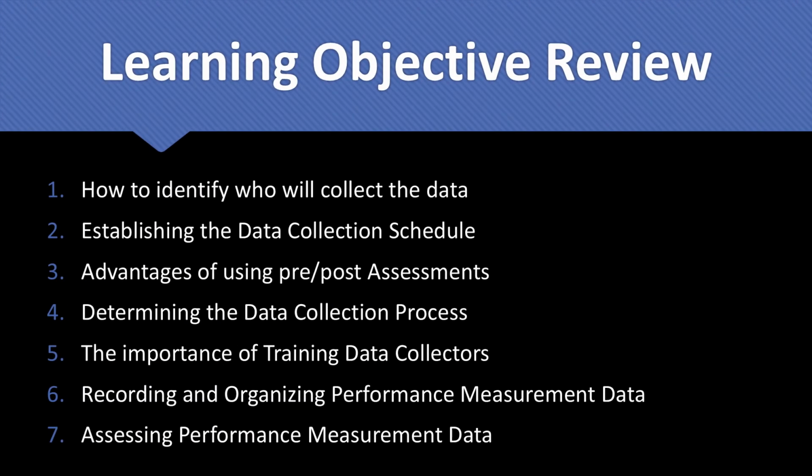Now let's review the learning objective. Number 1. The first key component of this plan is determining who will collect the data. Data collectors can come in all forms: program staff, AmeriCorps members, or volunteers. There are also many roles in working with data, such as collection, analysis, and reporting. The individuals who are responsible for data collection should have access to the sources and instruments, ideally are qualified or experienced in collecting programmatic data, and are as objective as possible when administering the instruments.